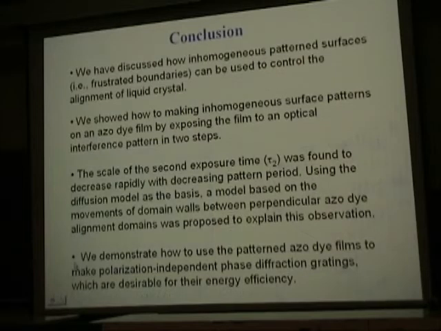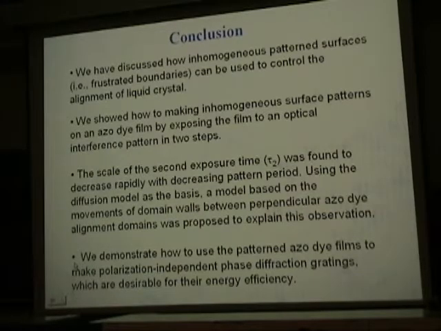And with that, I should conclude my talk. We have discussed how inhomogeneous patterned surfaces can be used to control the alignment of liquid crystal. And in particular, we demonstrated that we can use these surfaces to achieve large liquid crystal twist angle. We also showed how to make inhomogeneous surface patterns on a laser dye film by exposing the film to an